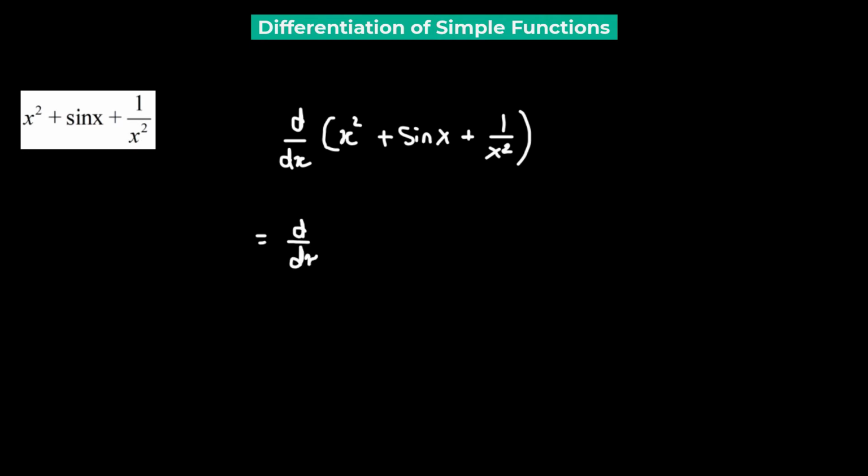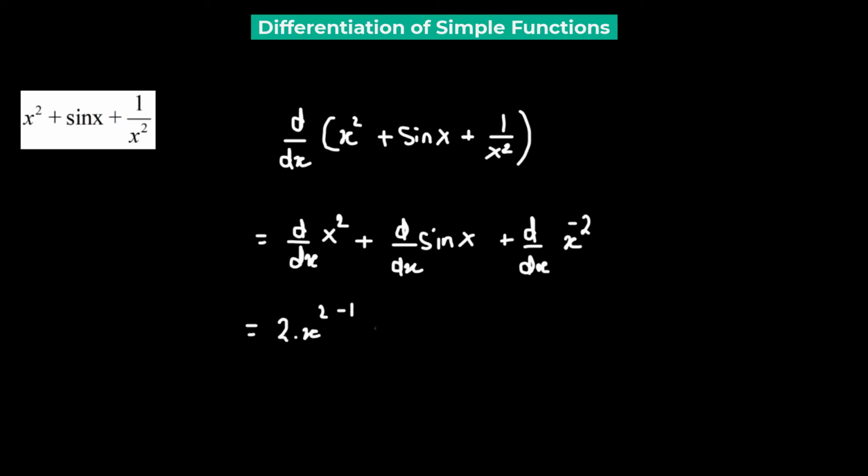Meaning, we can first find out the derivative of x squared, then add it to the derivative of the second function, which is sine of x, and add it to the derivative of the third function, which is 1 over x squared. Now that can be written as x raised to the power of -2. Now we're going to use the property. So we have 2 times x raised to the power of 2 minus 1 plus the derivative of sine x is the cosine function. So we'll have cosine of x plus -2 times x raised to the power of -2